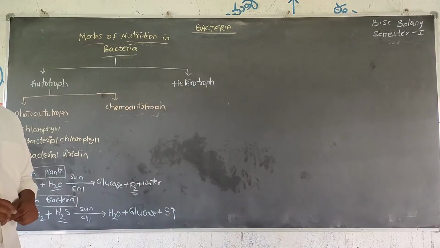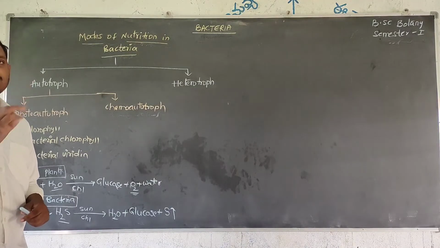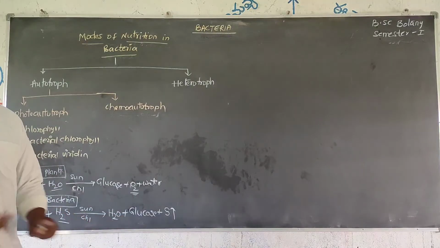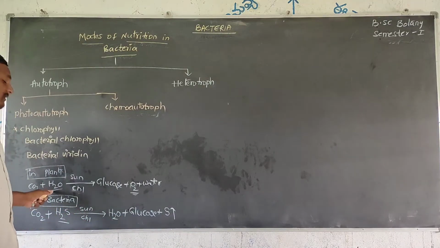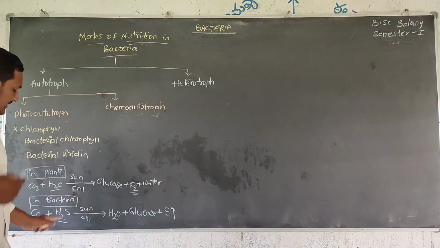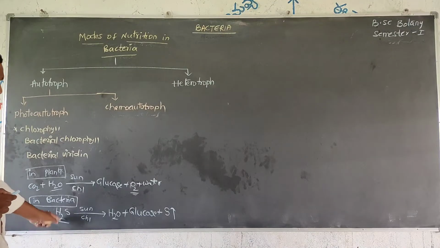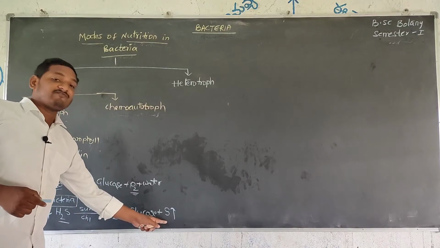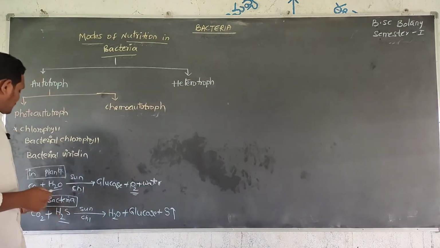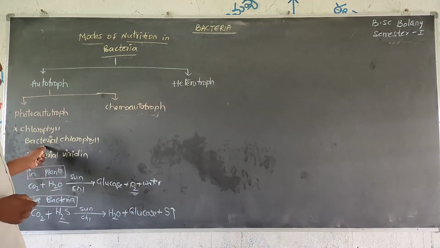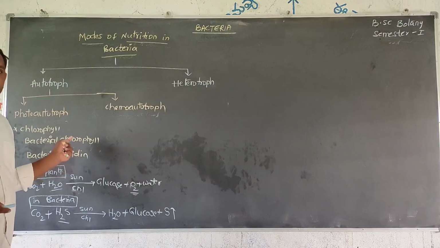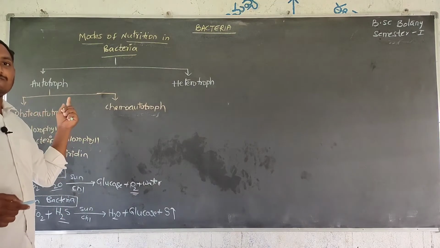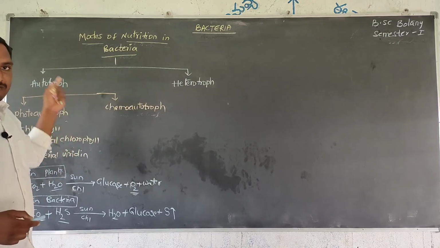The photosynthesis process is the same: using sunlight, preparation of the food, reducing carbon dioxide to carbohydrates is always common, except that instead of water, bacteria take hydrogen sulfide, and instead of oxygen they release sulfur as a byproduct. Bacterial chlorophyll and bacterial viridin are the pigments in bacteria, and chlorophylls, phycobilins, and xanthophylls are the pigments in plants.